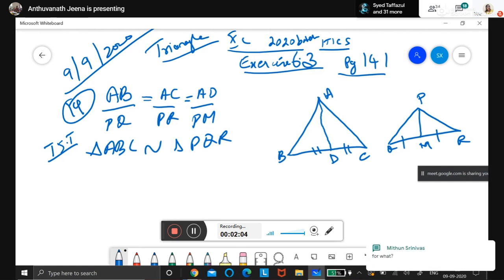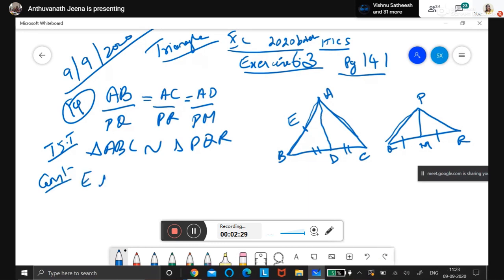Before going to the question, the easy way to do this is, here they are giving AB is proportional to PQ, AC is proportional to PR. The last sum is different. Same question, that is easy. This sum is a little tough, so I took this sum to teach you. The other sum you can do as homework. Now one construction we will do easily. Here one midpoint we will take. Construction: E is midpoint of